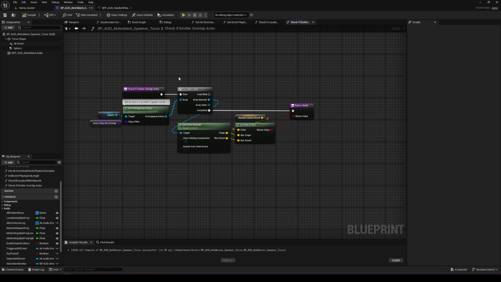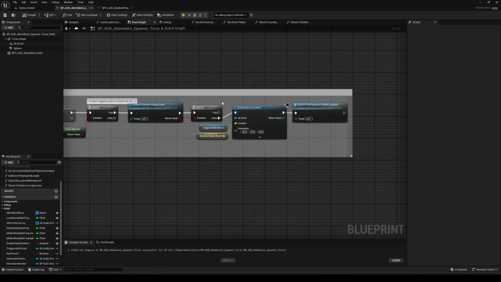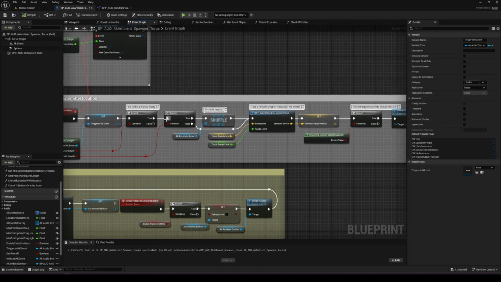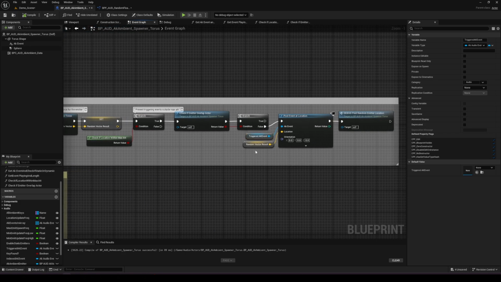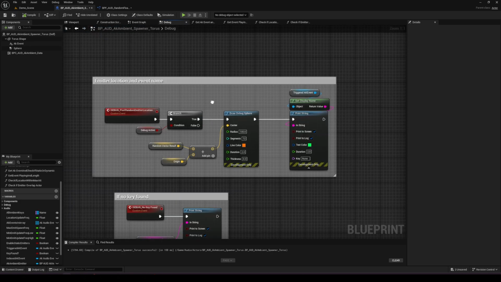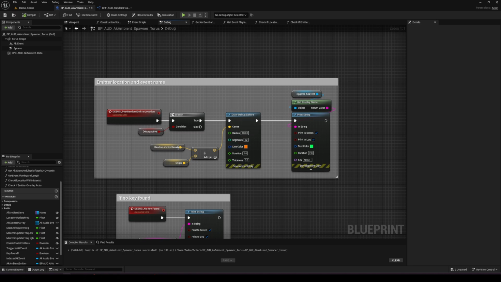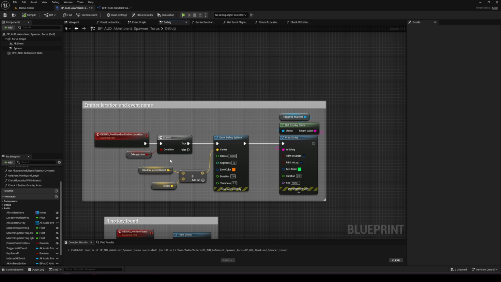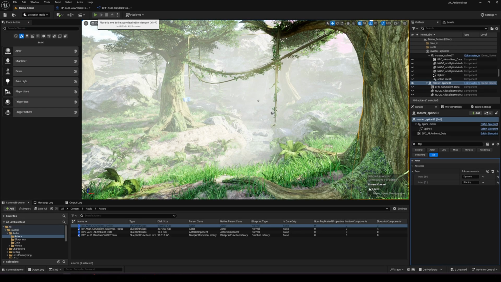So assuming that the location is not within an actor, it's going to post an event at that location using the triggered AK event that we set earlier, and then also the vector result. And after that, we are posting a debug. Now, if this debug is active, it's going to draw a sphere at the location of the emitter so I can visually see it. And then also going to be printing to the screen the name of the current playing AK events. Now, to show this in action,